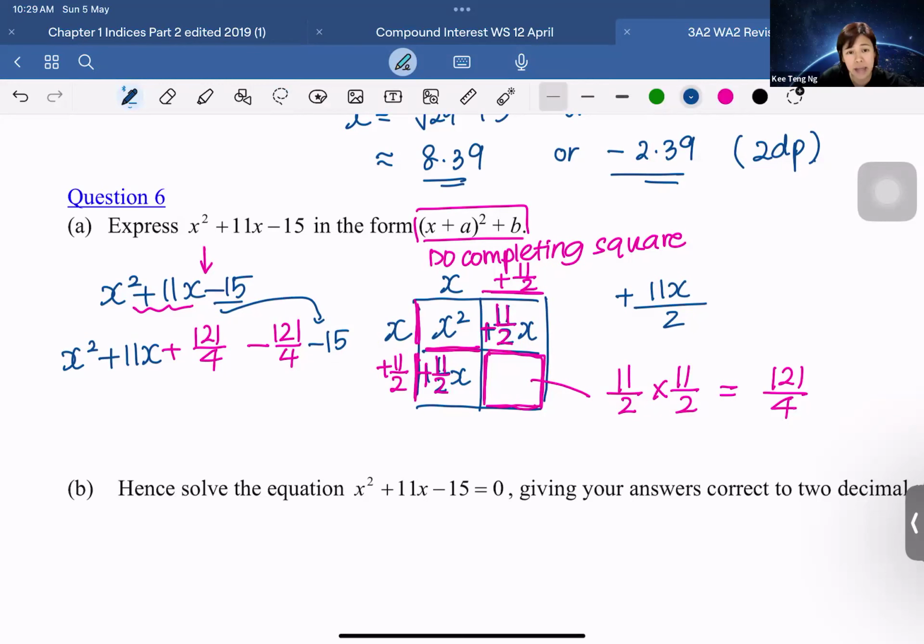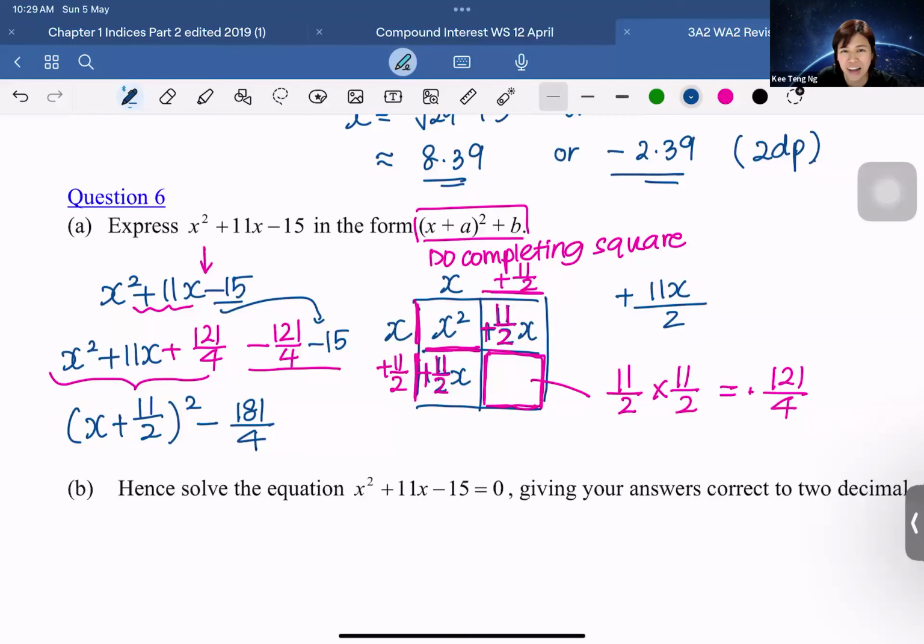And then our first 3 terms, this is the portion that gives us the completed square form, right? So in this case, we change it into our perfect square. How to get the perfect square? Where do I get it from? We get it from here, correct? So we have our expression x plus 11 over 2 whole thing squared. Then we calculate this, not going to be a nice number, negative 121 over 4, minus 15. I'm going to write everything as an improper fraction. So this one will become negative 181 over